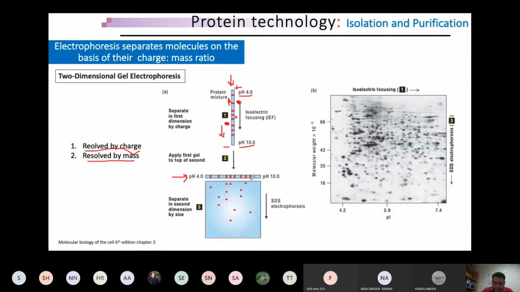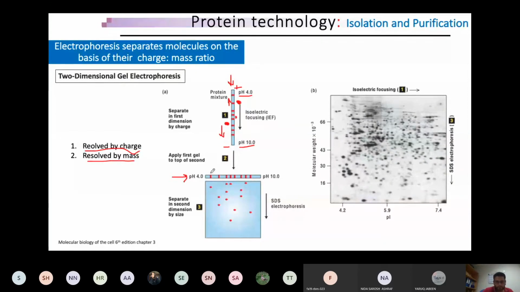Now this strip will act as a kind of your well. The proteins that are present here are like the proteins we loaded into a well in the old SDS-PAGE; all of those proteins are now loaded here. So when you apply an electric charge again, these proteins will start moving into the gel,